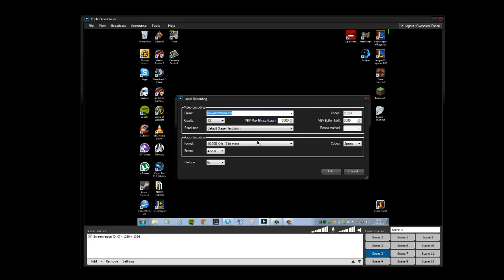For me, when I was learning to use it, I couldn't figure out why it was doing this, but my screen was just green when I watched back what I'd just recorded, and that is why I generally keep this on default, because it stopped that from happening. Now you can see the presets are XSplit default and everything. I add this on